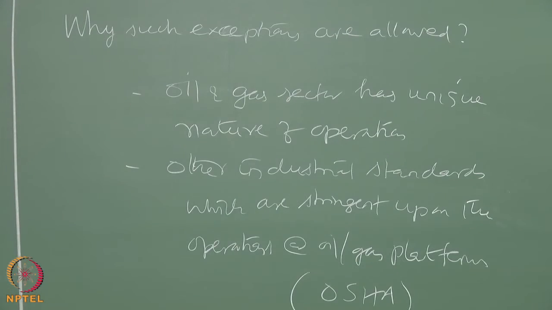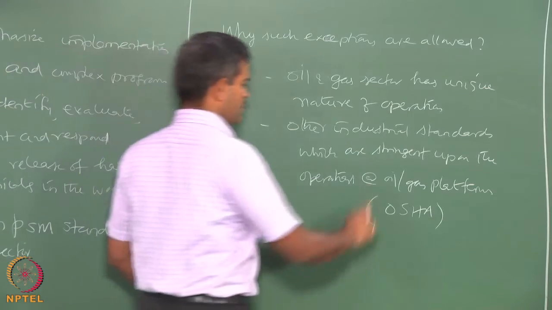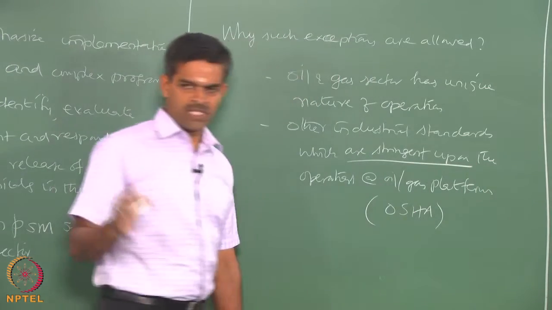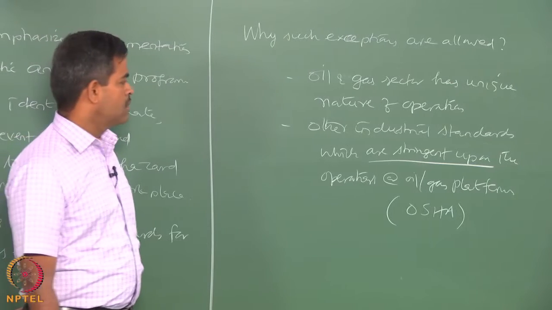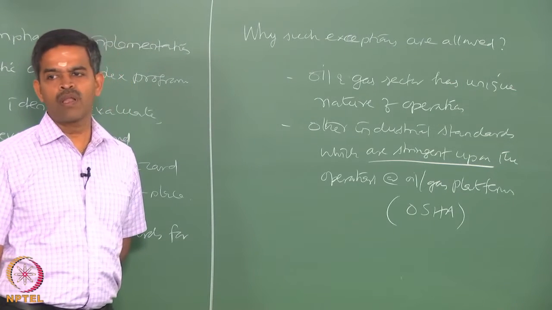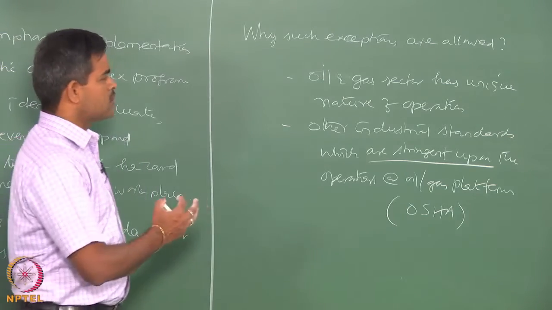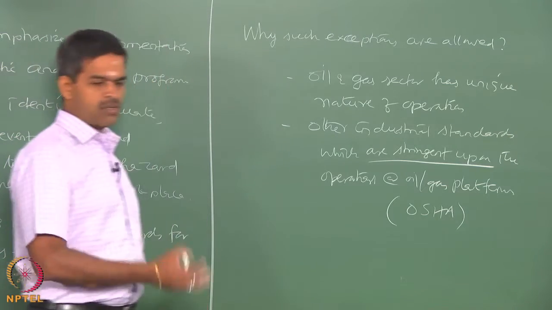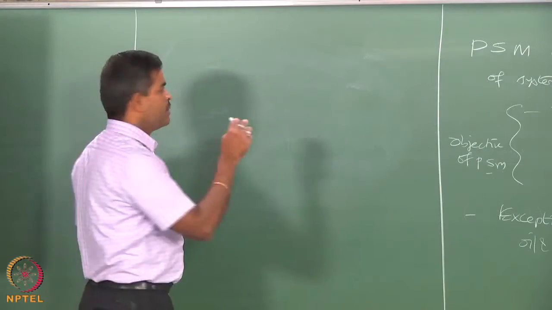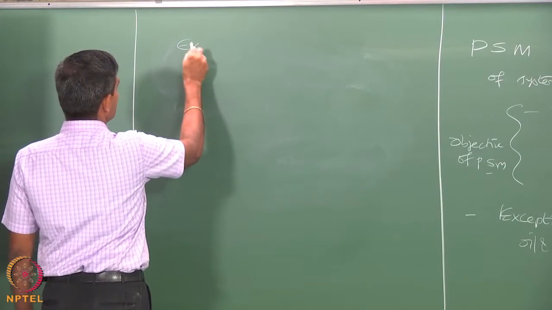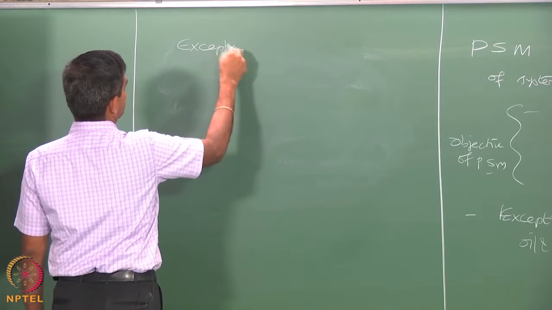So, when you are following these kinds of standards which are much more stringent and specific upon the nature of operations happening in the oil and gas industry, one can have exceptions from the general rules and regulations of process safety management. Therefore, the classical exceptions are: